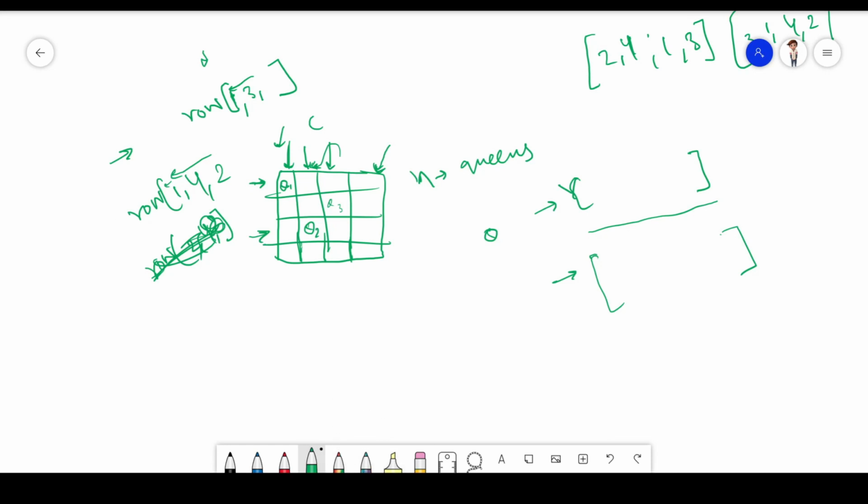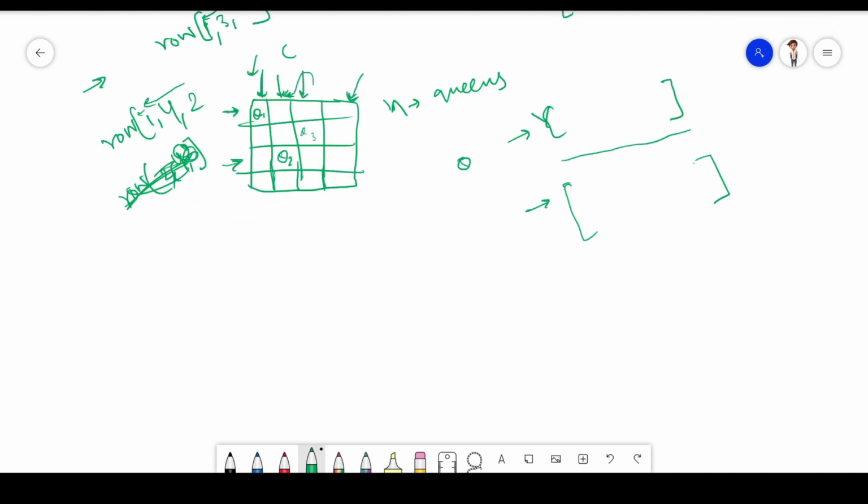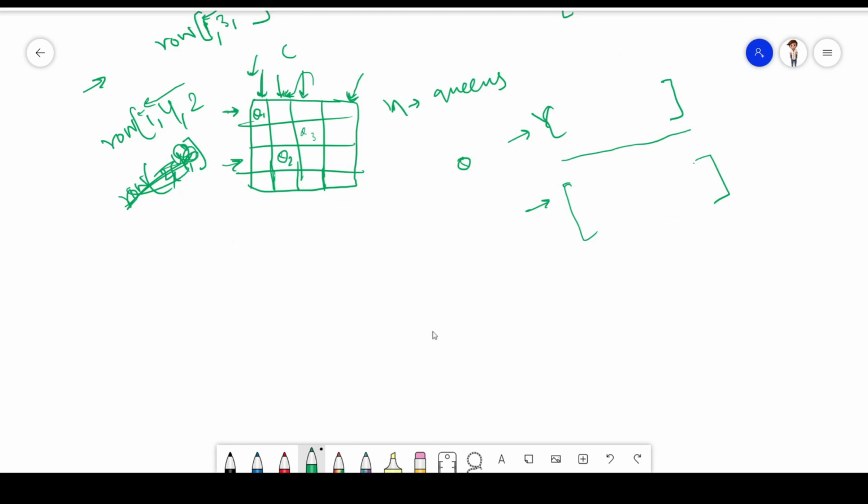So let me change my screen first. Before that, let me draw the state space tree for this.